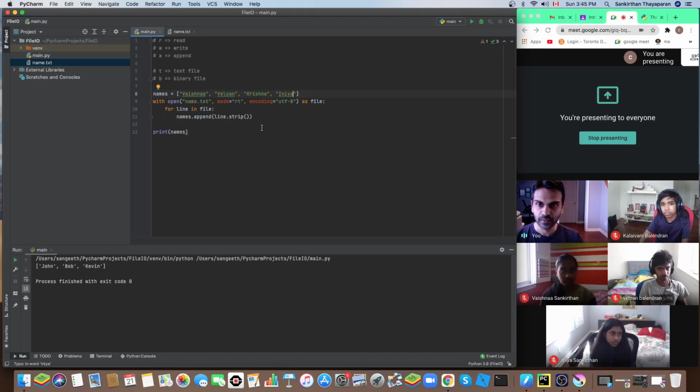So I'm going to open this file, but instead of in read mode, I want to do it in write mode. Remember the mode? I'm still going to write it as text, that's the t. Specify the encoding. I'm going to say this. Now what I can do is